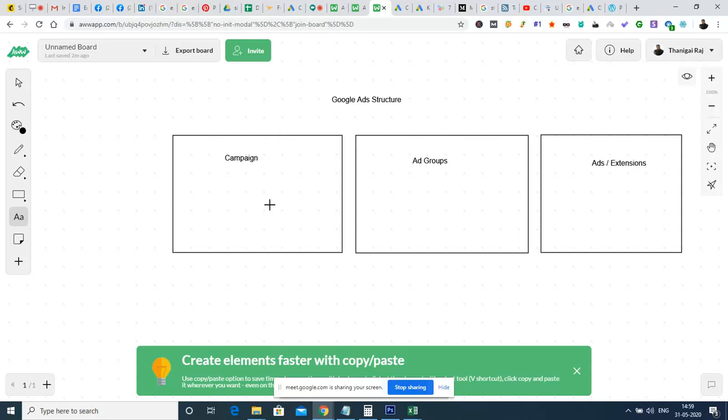So how will we configure it? Suppose we are trying to create a search advertisement related to an online English course. This is the search ad that we are planning. What are the things required for this particular search advertisement? What will we be configuring?